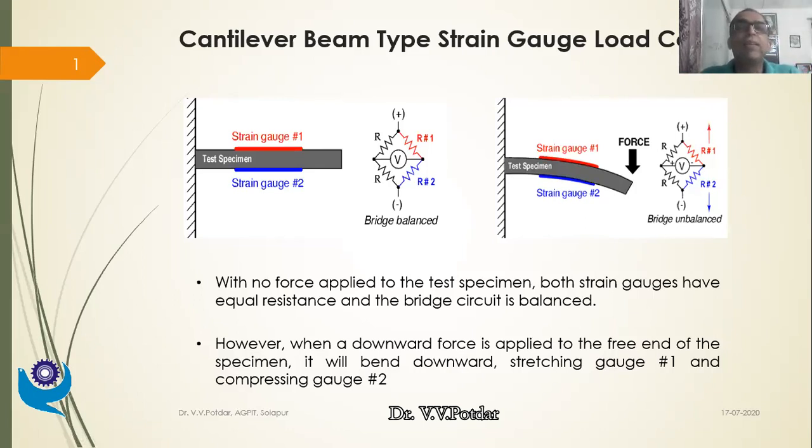In the last few lectures, we have been discussing strain gauges. We saw the principle of operation of strain gauge. We saw some bridge circuits also. We saw one arm bridge. We saw two arm bridge. We saw four arm bridge. And we also saw how the strain gauges should be arranged in the Wheatstone bridge circuitry so that we can